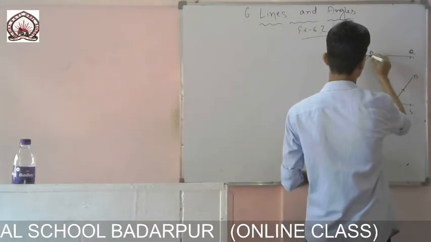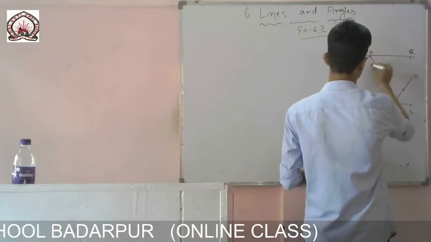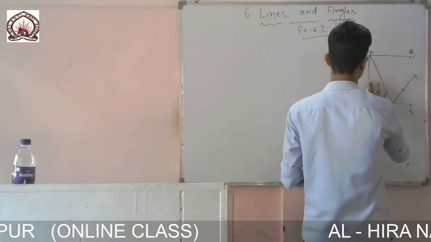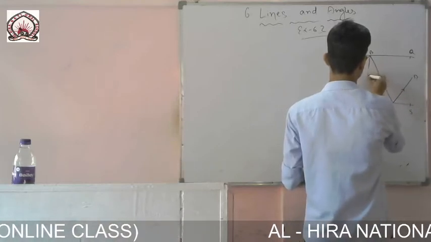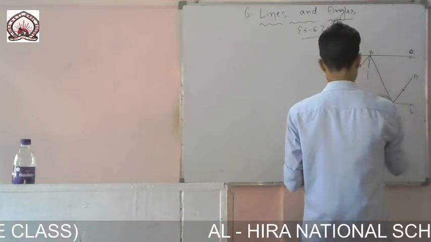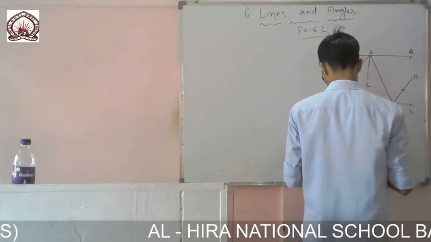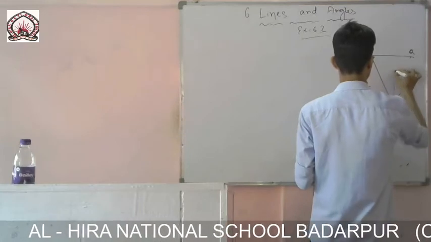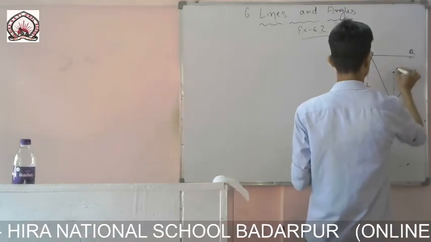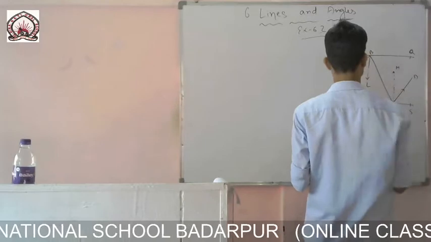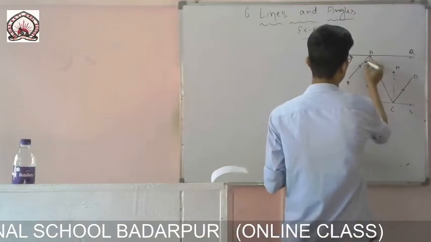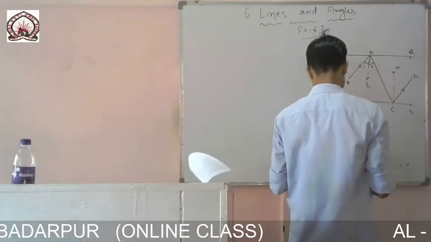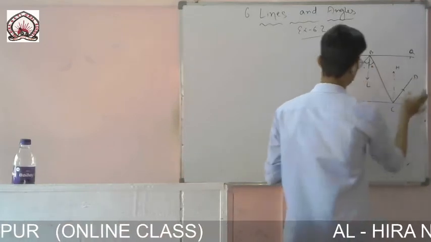So for that I am drawing two perpendiculars. From B I am drawing one. It may not look so straight, but if you draw it with a scale, it will be correct. I am giving it the name L. Another from here, I am giving it the name M. So this will be the angle of incidence, this will be R. Here also it will be the same.